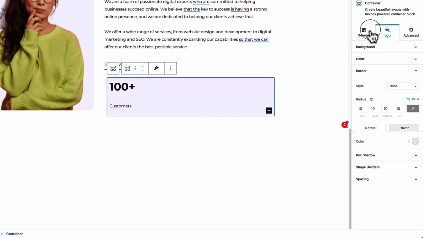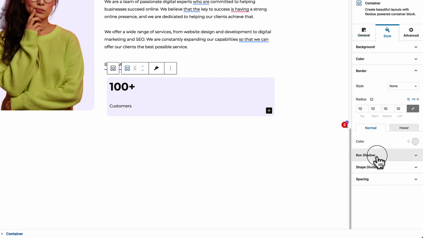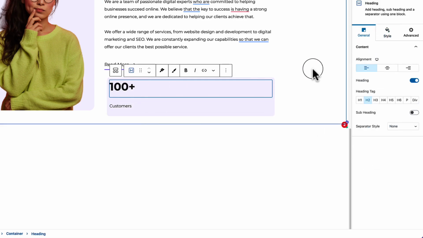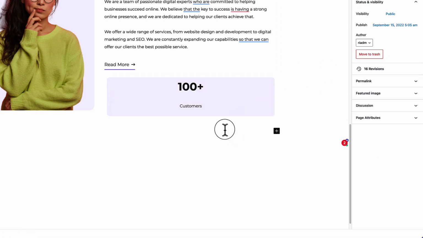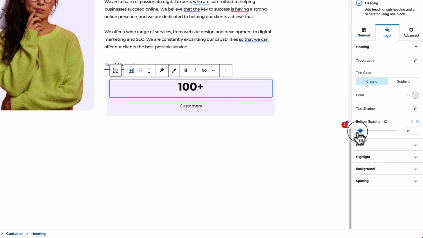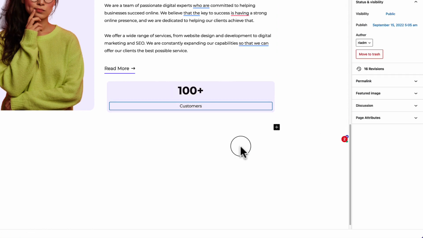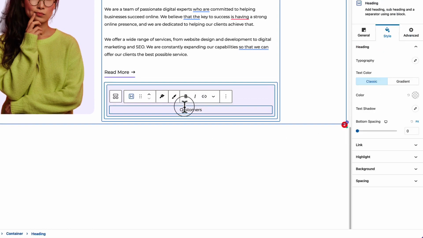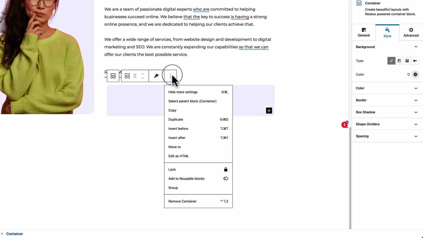you can simply navigate to general and make it center, and this one also make it center. And the magic is here. Let's reduce the margin bottom spacing. And now it looks like this, but the interesting thing is, if I just duplicate this one